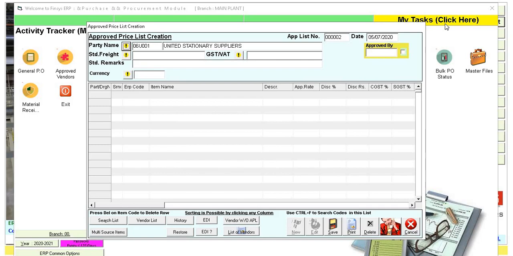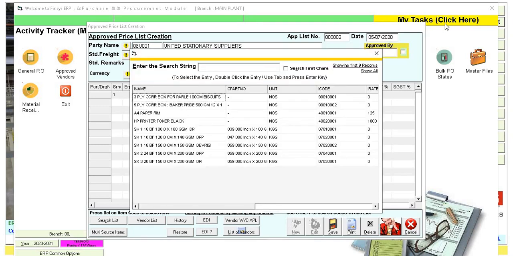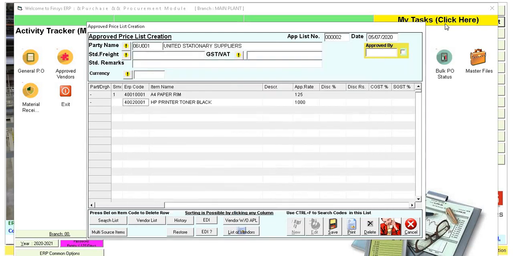Now, after selection of party, we can choose which items this vendor supplies to your company. Suppose the stationery vendor supplies you paper rim and toner, and the price mentioned by him in his previous order is, suppose, 130 rupees for this and 950 rupees for this as a fixed price. Suppose he also offers a discount of 10% on a particular item called HP toner black. Now, the system will record in its memory that these are the prices offered and under contract